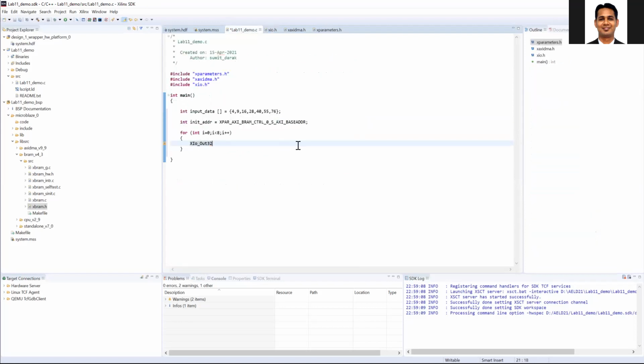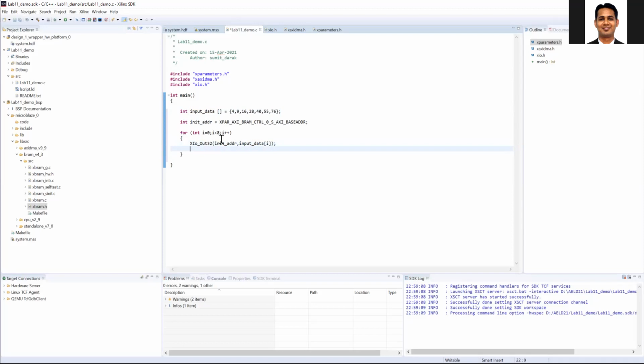So Xil_Out32, what is the address? This is the initial address for the first data. And what is the data? That is the first data of this array. Okay, so I have written the first data, and I need to write all 8, so I need to increment the address.